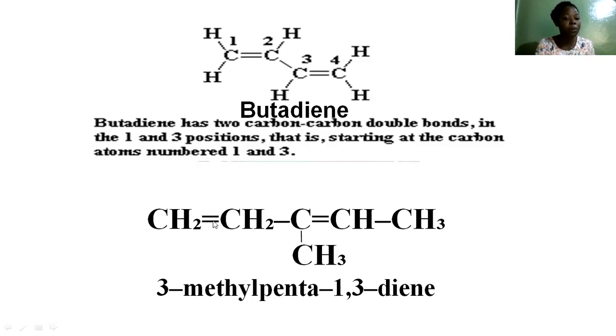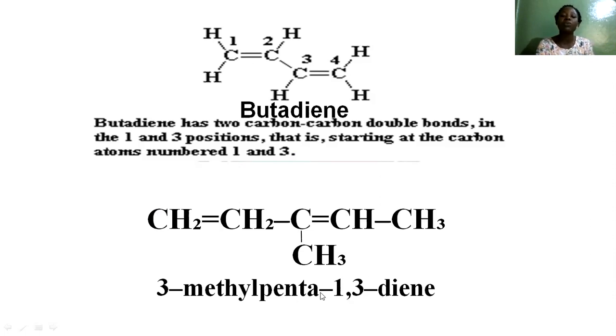That double bond is on carbon 1. Then you have 2, 3. Then the double bond is on carbon 3 again. So for the name, you take the smallest numbers, which are 1 and 3, and then this substituent is on carbon 3. 1, 2, 3. So the name is 3-methyl pentyl